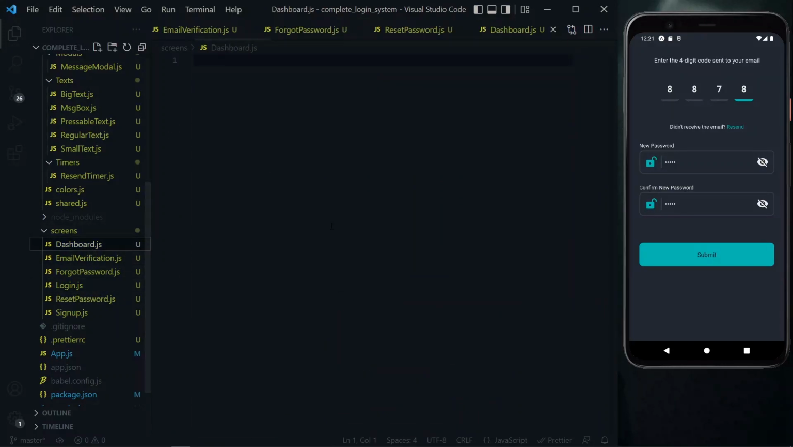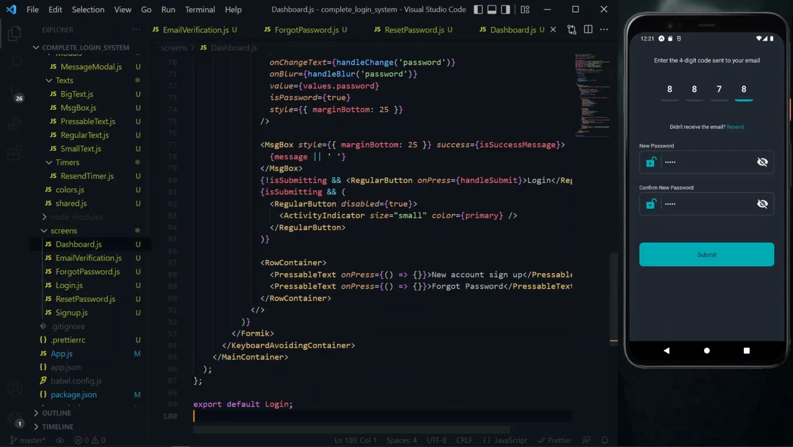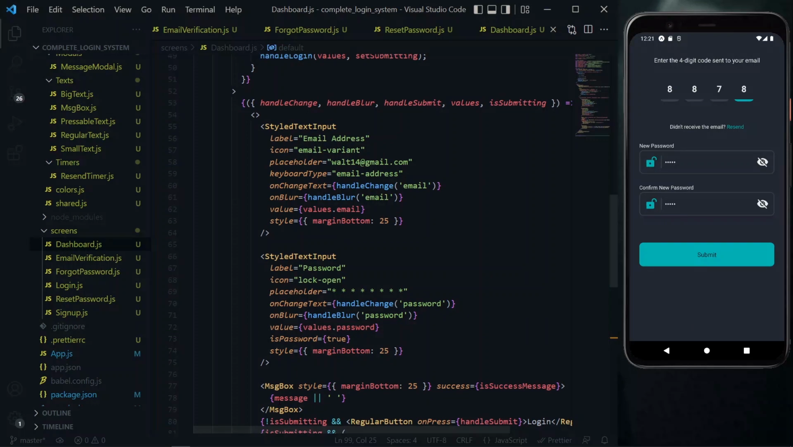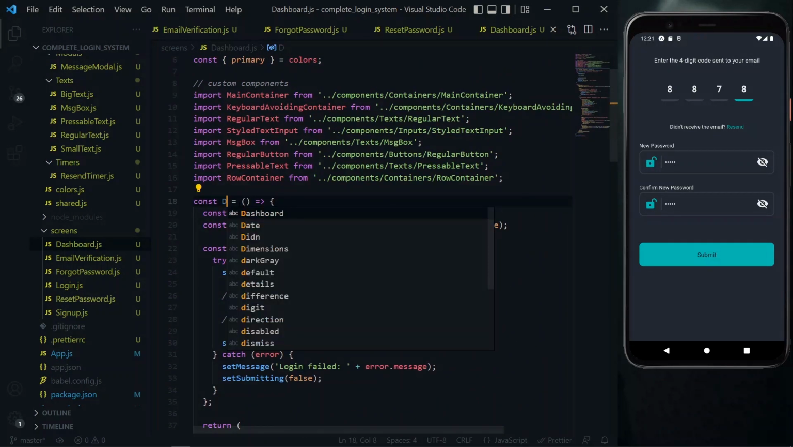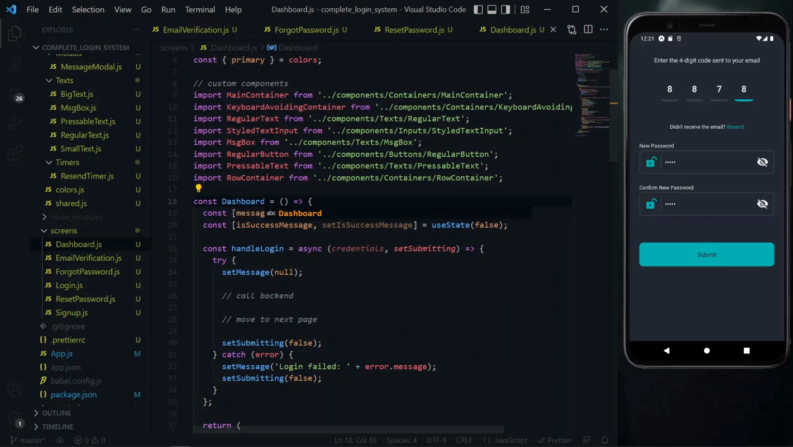Back in the dashboard component, we paste what we copied. Now we can change the name of the component. We change it from login to dashboard. Now to be able to see the output of this page, we go back to our app.js